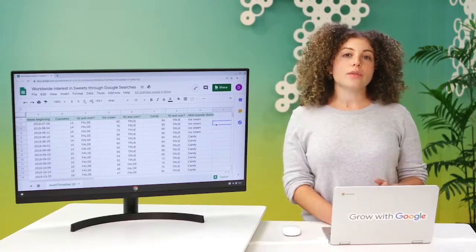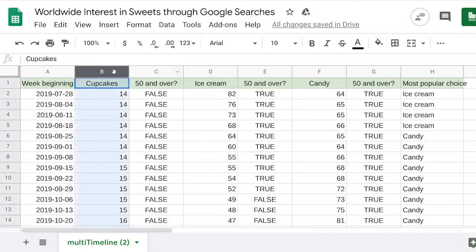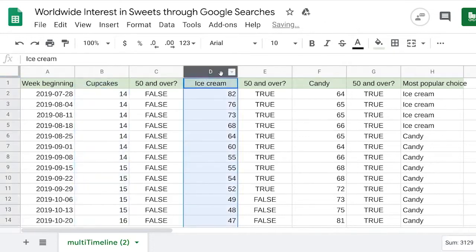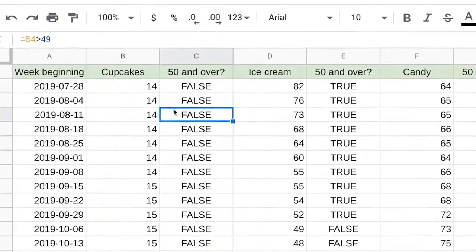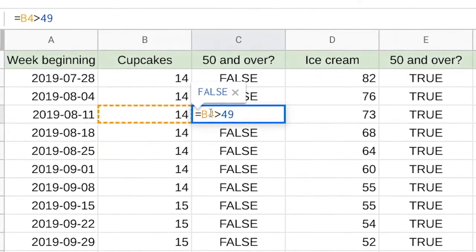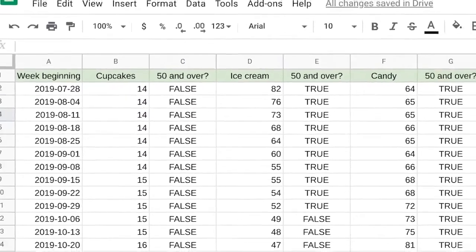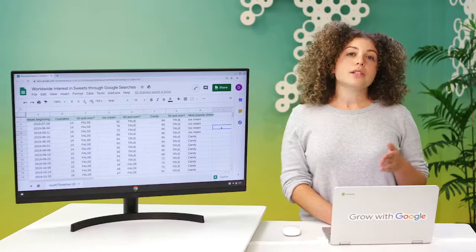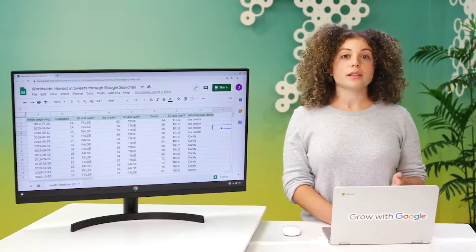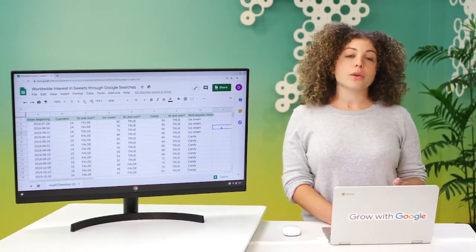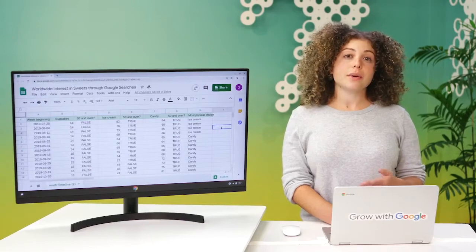To get this data, we've created a formula that calculates whether the search interest data in columns B, D, and F is 50 or greater. In cell B4, the search interest is 14. So in cell C4, we find the word false, because for this week of data, the search interest is less than 50. So for each cell in columns C, E, and G, the only two possible values are true or false. We could change the formula so other words appear in these cells instead, but it's still Boolean data. You'll get a chance to read more about the